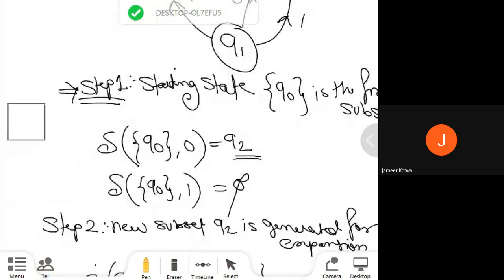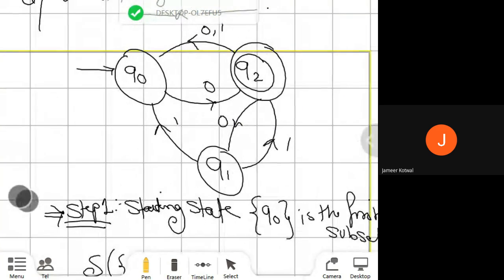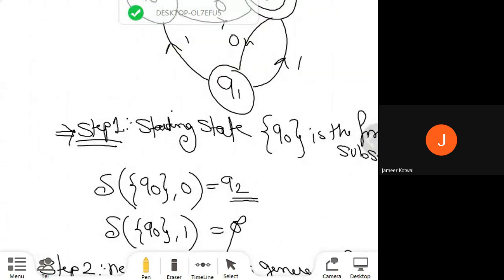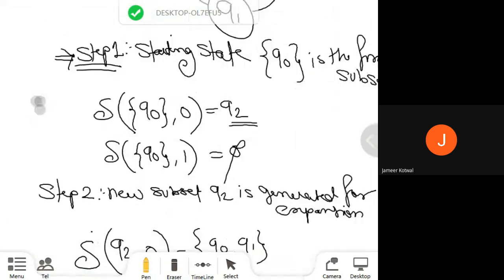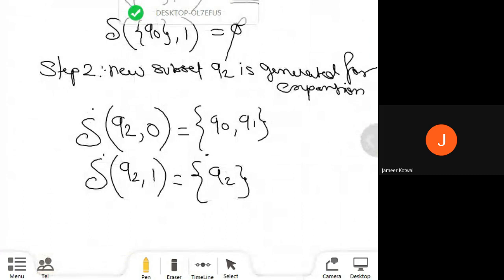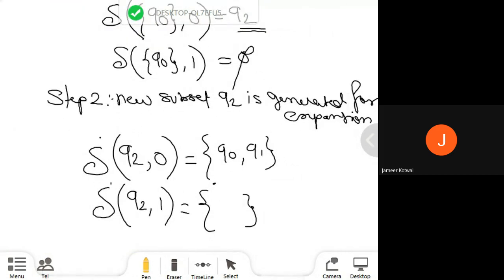By processing 1, sorry, it reached the Q0 state.